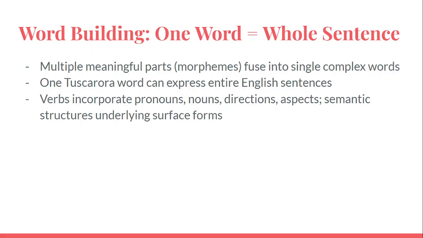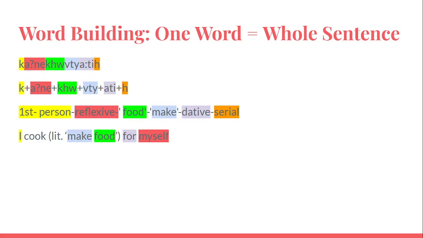So Tuscarora can put entire sentences in a word, and they can also create complex verbs that look like they're stringing together in one word. There are obviously standalone words, mainly interrogatives and specific nouns. And if you have nouns that stand by themselves, even those are going to be very long.